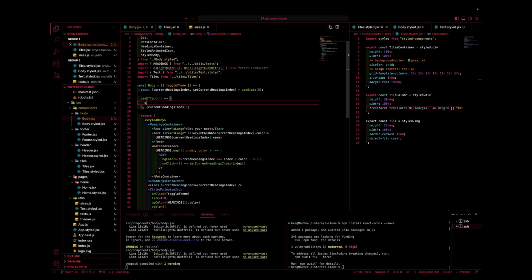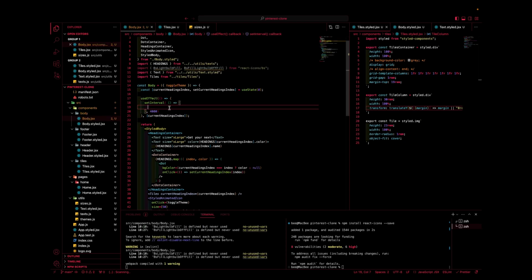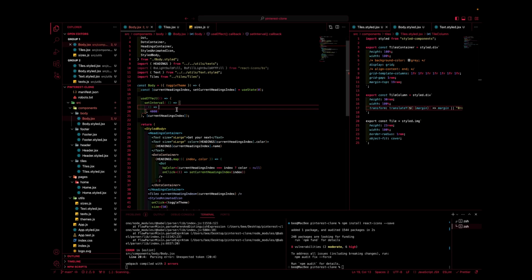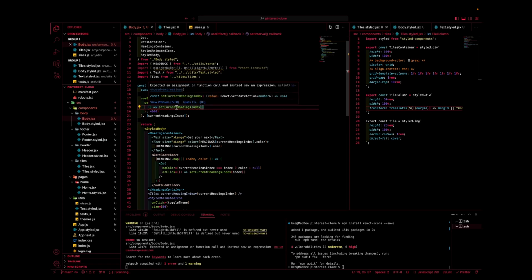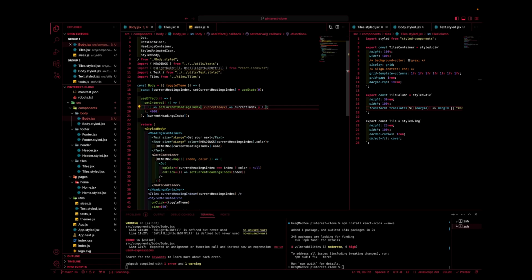Okay, so in here we're going to create a setInterval, and this setInterval is going to be for, let's say, 4,000 milliseconds. We're going to write our function. It's going to take a callback function, and here we want to update the current heading index, right? Since we want to update it based on the current index, we're going to use the current index, so we can just say index, and here we're going to have to do some calculations. So if the current index plus 1, which will give us the next index, is less than 4,